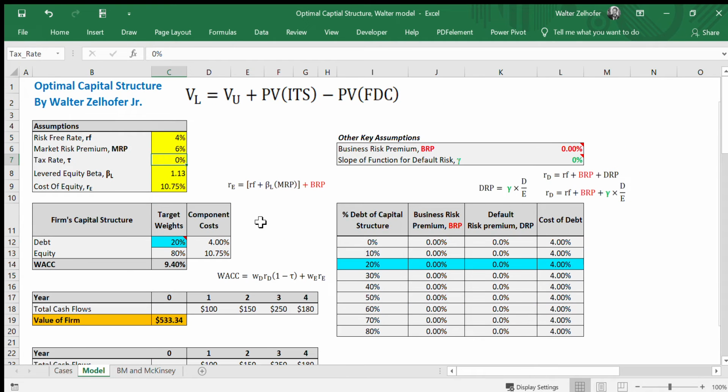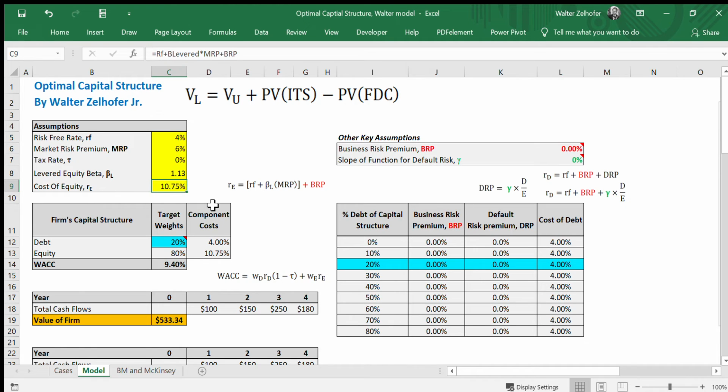Okay, in case 1, we can estimate the cost of equity using the capital asset pricing model. Now, the capital asset pricing model is a very popular model invented by William Sharpe and others, and they've won the Nobel Prize for this. And I'm just adjusting it for something that I'm calling the business risk premium, but that's just 0 for now, so we keep it consistent with the classic equations that you would see in textbooks, which is just the capital asset pricing model being used to estimate